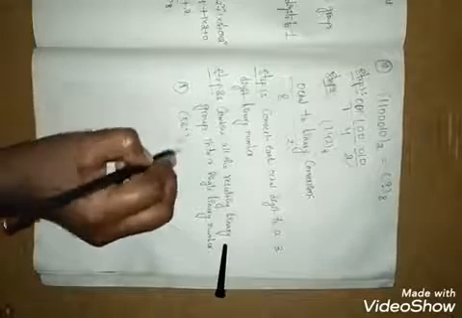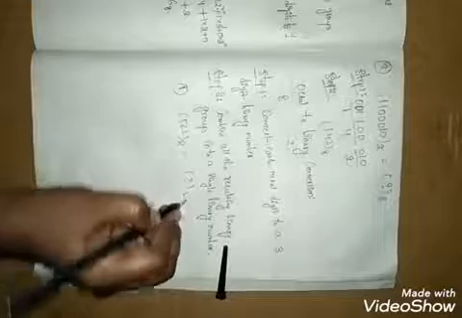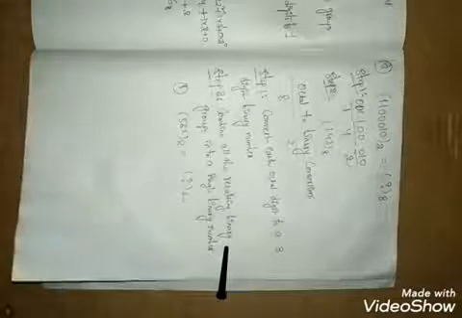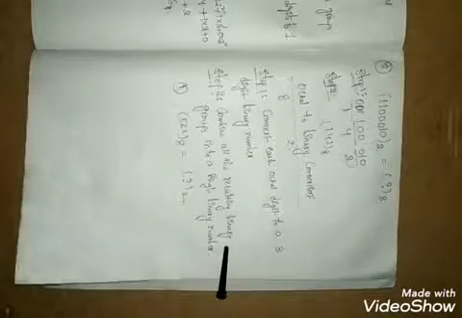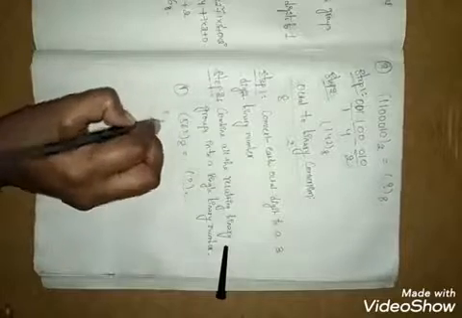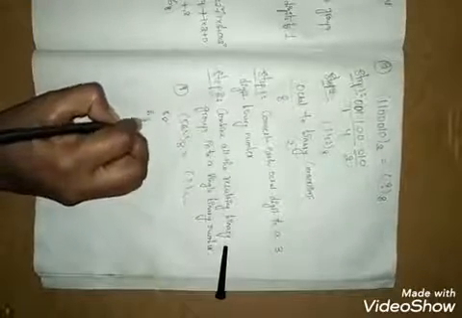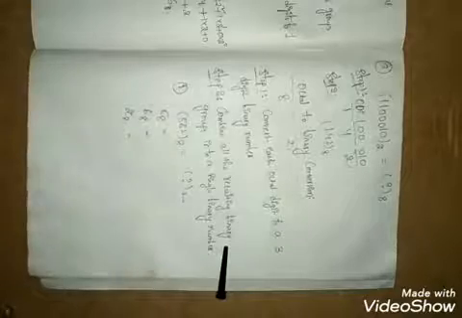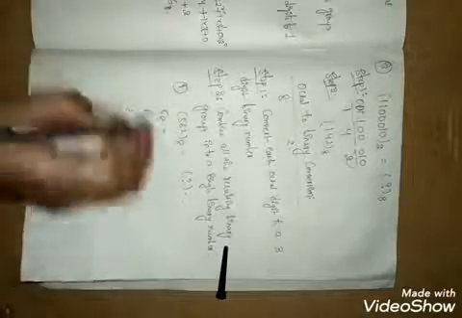562 base 8 can be converted into base 2. Here we have 562, right? 5 base 8, 6 base 8, 2 base 8. 5 means here what we will get? 101. In binary, 101 means 5. You can directly write here 101 base 2.